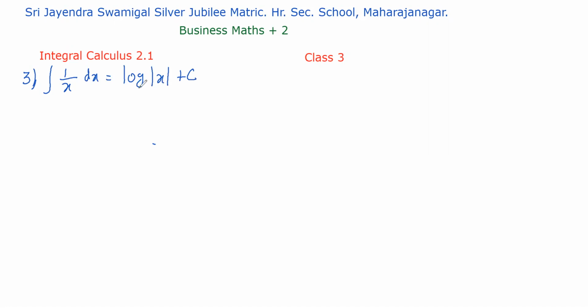We can calculate logarithm only for positive values, isn't it? You know very well. So to make the variable x a positive one, we write log of modulus of x plus